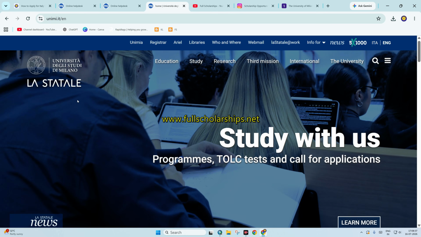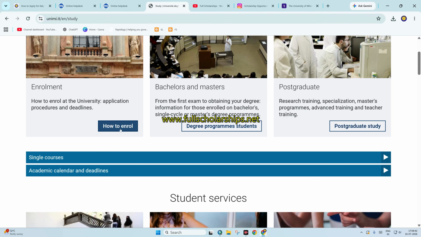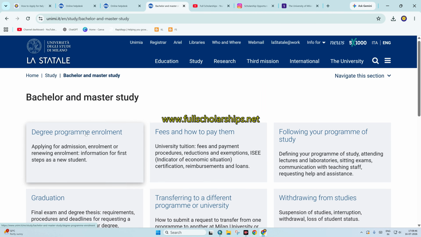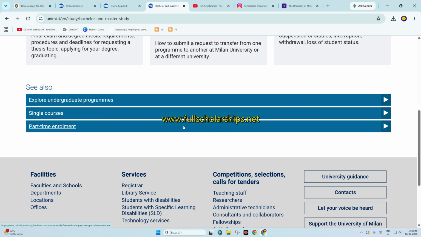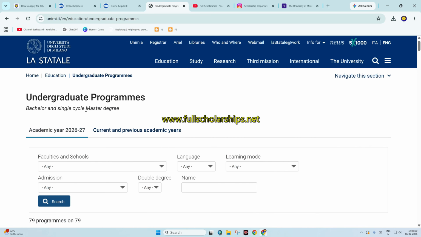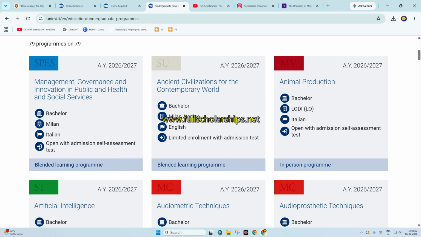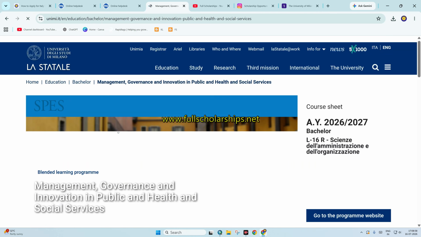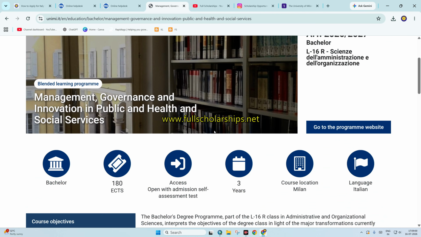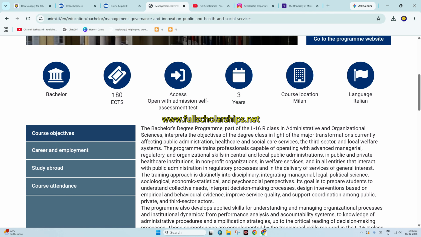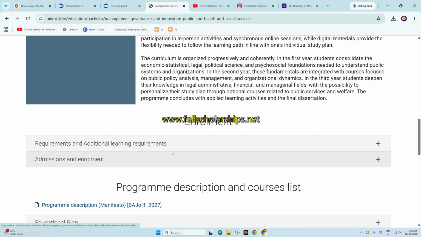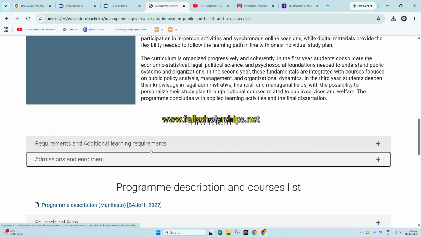And you can study any of the courses like masters, bachelors, and how to enroll in degree programs. Explore undergraduate programs or masters programs. You can see different programs here. For example, you'll go with this one here. This is the bachelor's undergraduate program, UG program. You can directly go for masters. And admission and enrollment, you can see